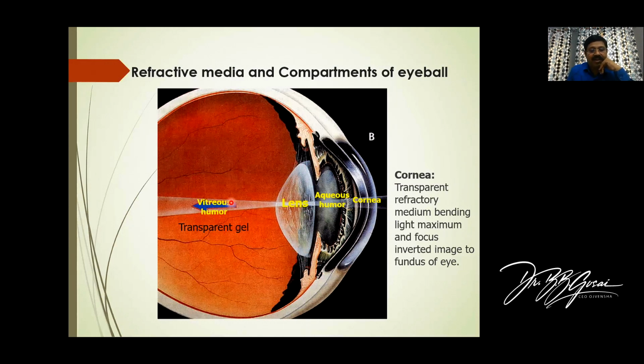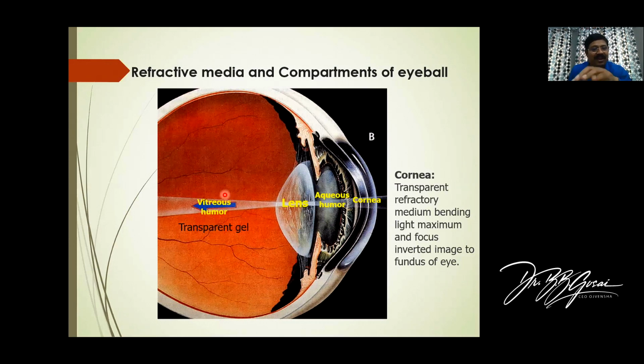Vitreous humor does not contribute to the refractive index for the light. But it is very important because the gel will keep the retina, which is here, in its position. With the increasing age, slight shrinkage of the vitreous humor will take place. If this shrinkage takes place, the retina will detach. So detachment of retina is common in old age later on when the vitreous humor shrinks. Clear? So that is the clinical importance of knowing this vitreous humor, detachment of retina.